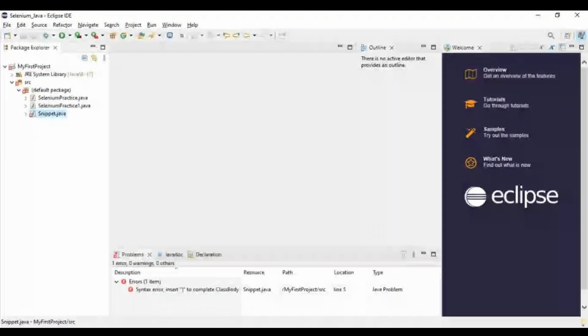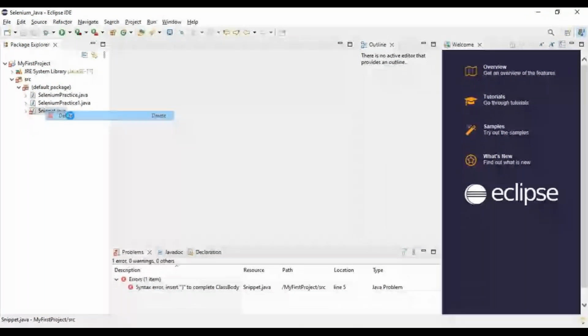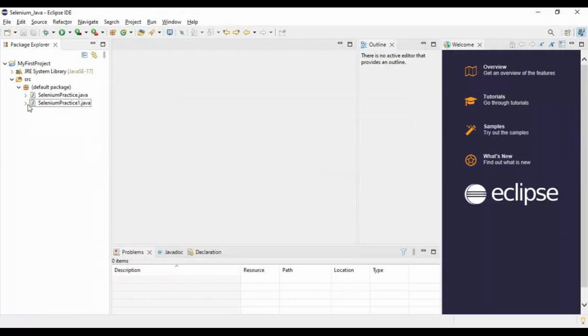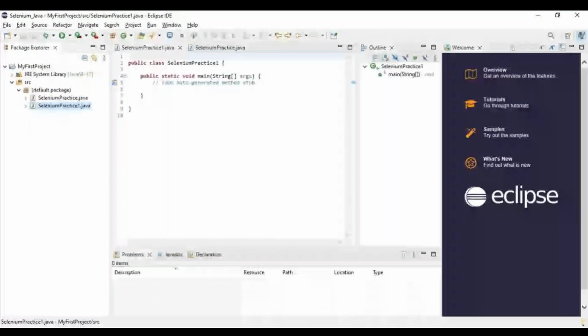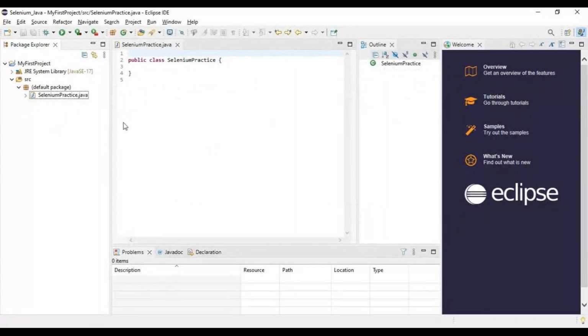Okay, anyway, this works now because I deleted. Once I deleted that, now it's taking this as a default package. Okay, that's fine. Now let's move to the next thing. So I'm deleting one of the classes because currently we don't require two classes with the same name. So here we can write that